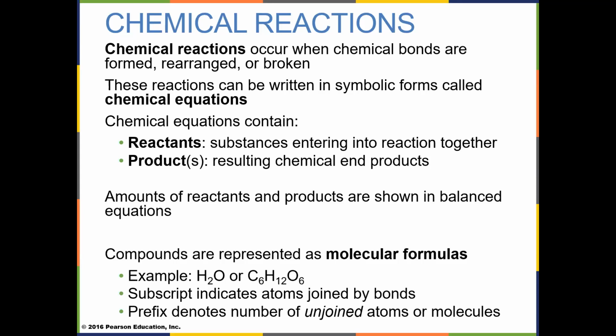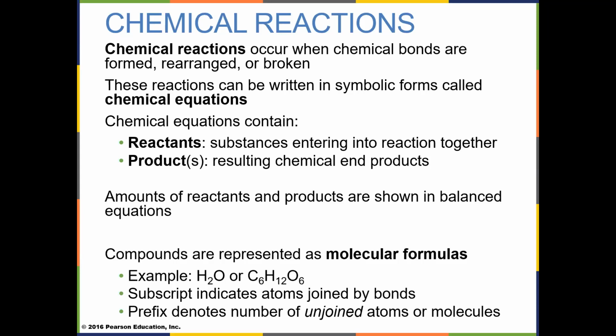Okay, so now we know why atoms will react. They want to react to achieve stability in their valence shell, either gain an electron, lose an electron, or share an electron. We know that most of them like to share as opposed to anything else. So these reactions occur to achieve that. A chemical reaction occurs when chemical bonds, as it says here, are formed, rearranged, or broken with the goal to achieve stability in the valence orbital. That's sort of left unsaid.